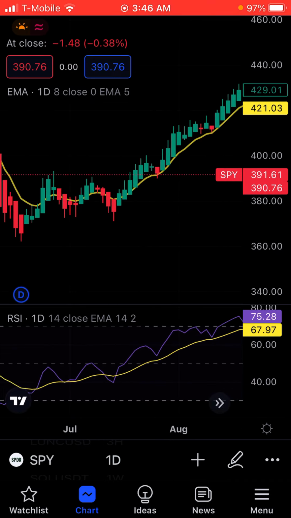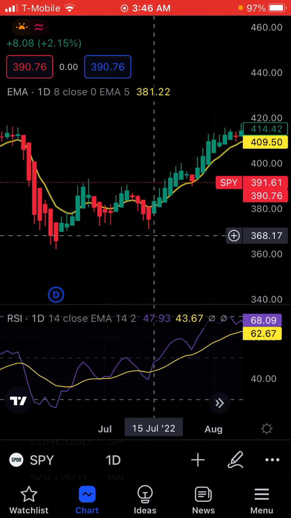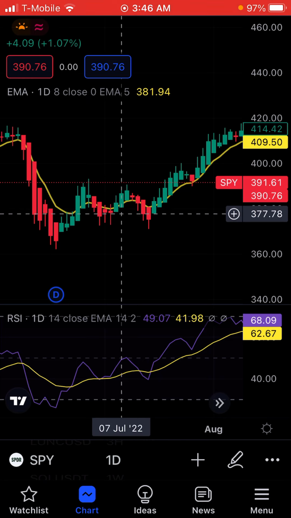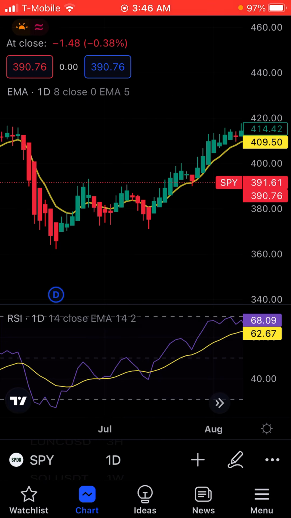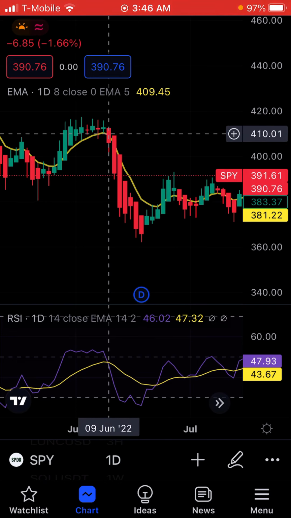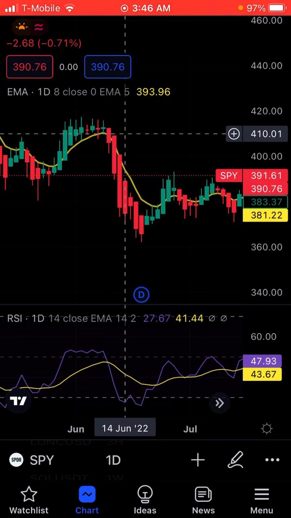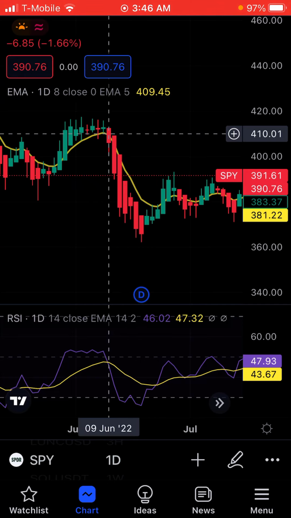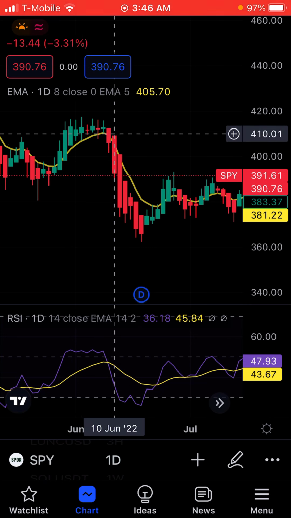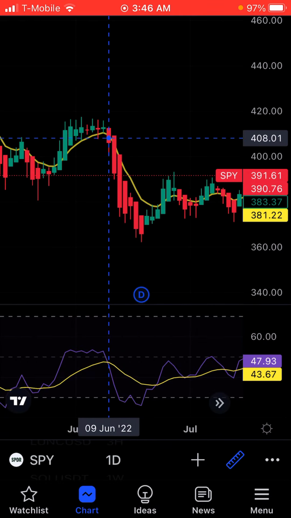Now, I mentioned this yesterday. These 2 I would not have got into because the RSI is in the middle, so I wouldn't have got in for that. Now, this one up here, we see the red candle pushing down. And then what happens? The RSI also indicates that it's going down.